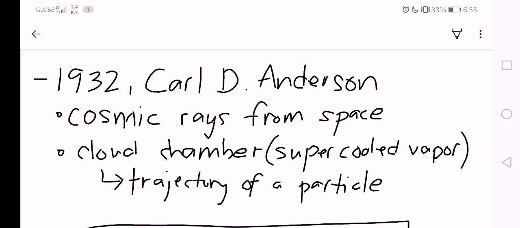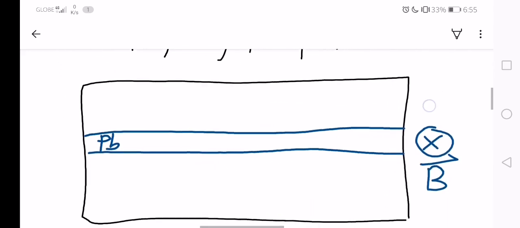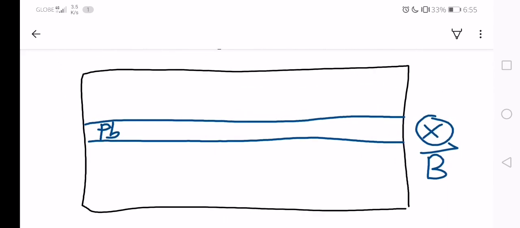So his instrument called the cloud chamber consists of a supercooled vapor inside, and he used it to trace the trajectory of the particles that come from the cosmic rays that would hit inside the cloud chamber. So the cloud chamber, here's a view inside. So inside the cloud chamber, you have a lead plate,